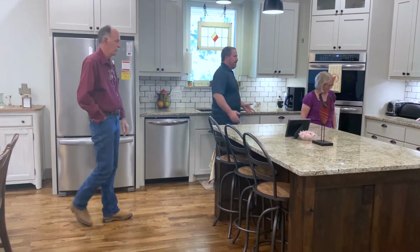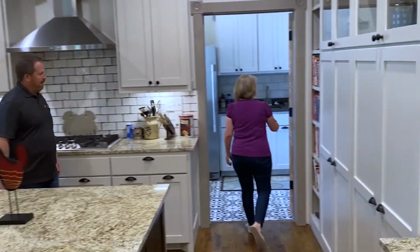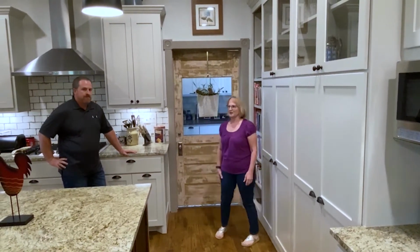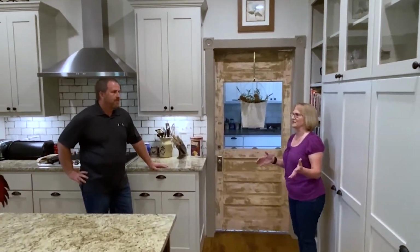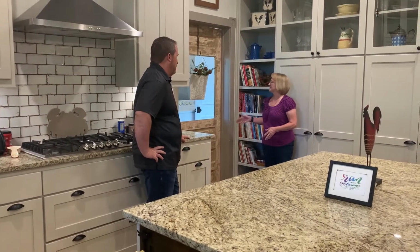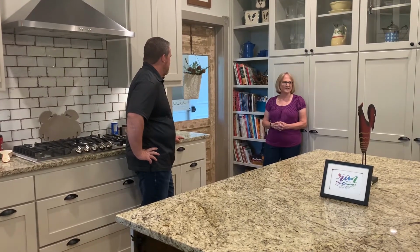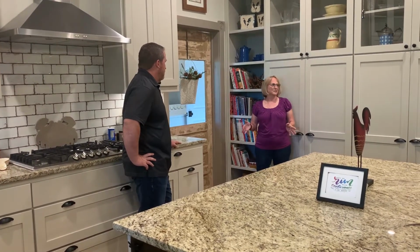So you got to tell everybody the story of the door over here by the pantry. Okay, so we live on 26 acres, and there's an old abandoned house on the property, and we were just trying to incorporate some of the history of the property into this house. And we found this door in the old house. This was the front door from the old house, and it was brown, just painted brown. So we took it off of the house and brought it back here and sanded it down. And I was just going to sand it and then paint it, and